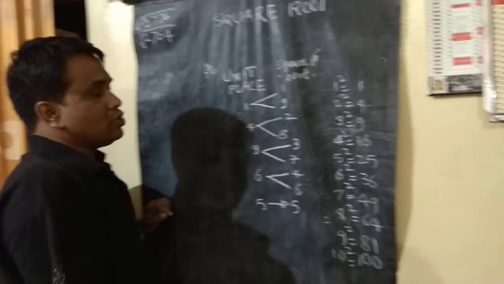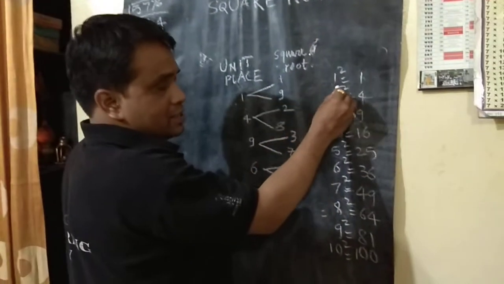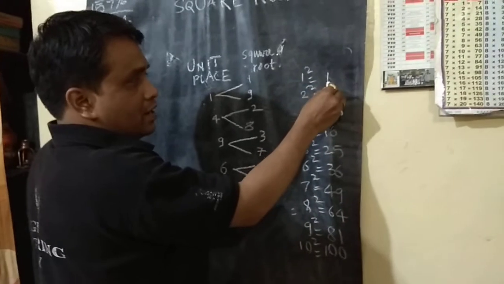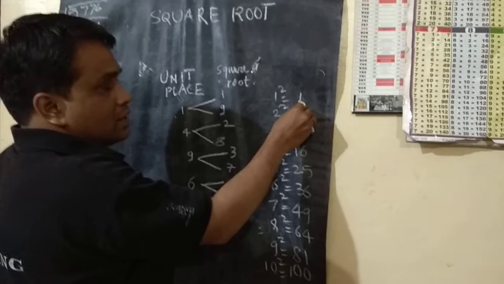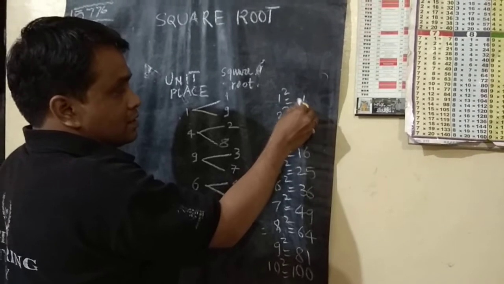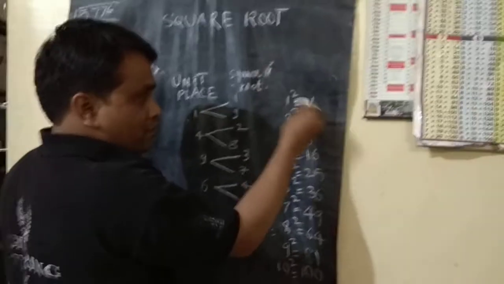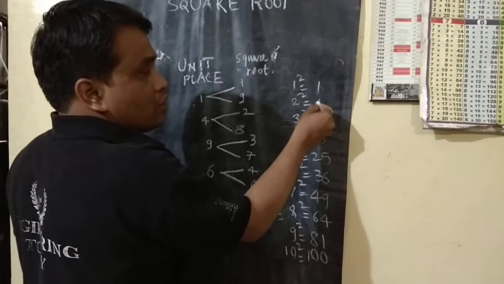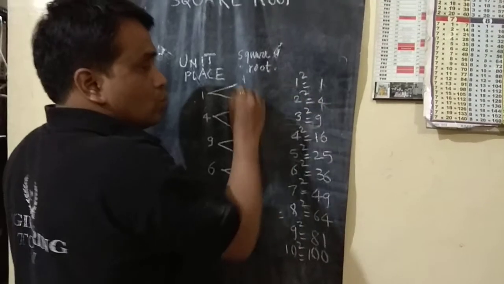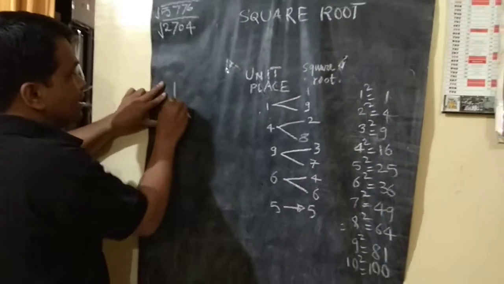Then you need to understand, now if you see here, see carefully, 1 square is 1. So if I want to find out the square root of 1, it will come 1. If the unit digit is 4, if I want to find out the square root of 4, it will come 2. So likewise, see this example. I'll clear it for you by example. We'll take one example,